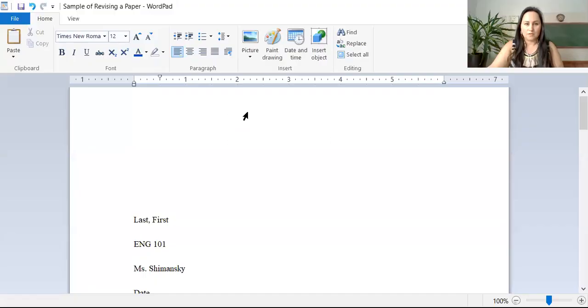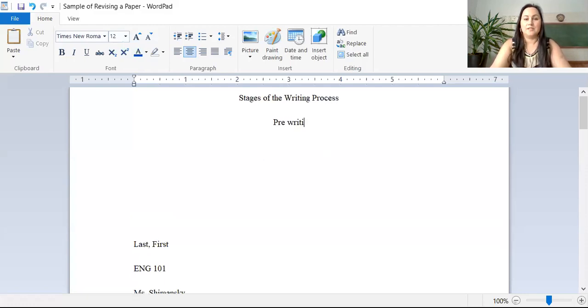Okay, so first and foremost, here's her work, but before we get to that, I want to tell you about stages of the writing process. Whether you realize it or not, you already engaged yourself in pre-writing. By the way, you don't need to take notes on this, you can just listen. It's fairly self-explanatory. Pre-writing is when I told you to think about your topics,